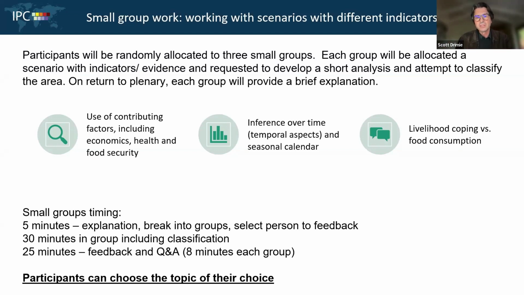So we've got a chance now to choose one of three groups. We're not going to randomly allocate. This is really about seeing what type of group catches your fancy. Each of the groups is going to have a particular focus. They're going to be allocated a scenario, a story that emerges from a place in time. And each group is going to very rapidly develop a short analysis, so as to be able to come back to the plenary and tell that story of what's emerged, or justify it a little bit, hold that ground in terms of what the analysis is revealing.